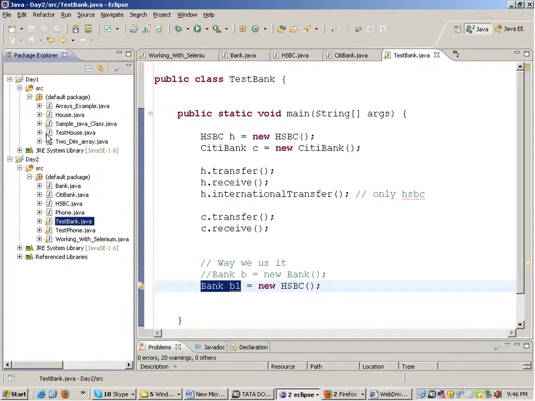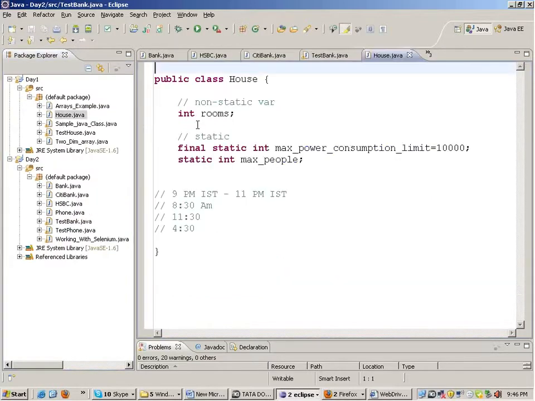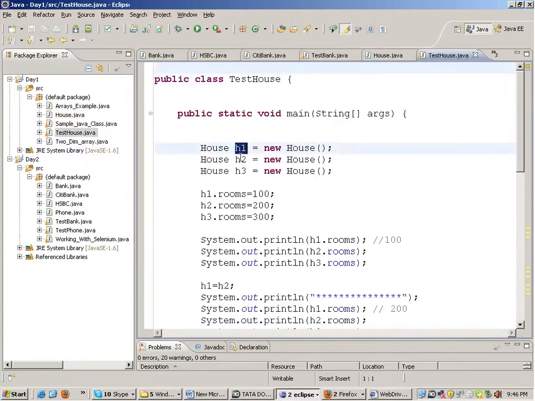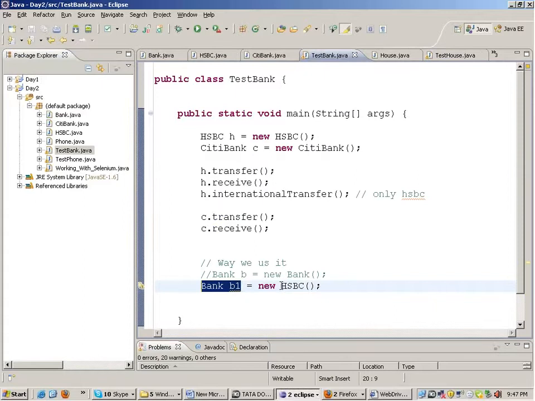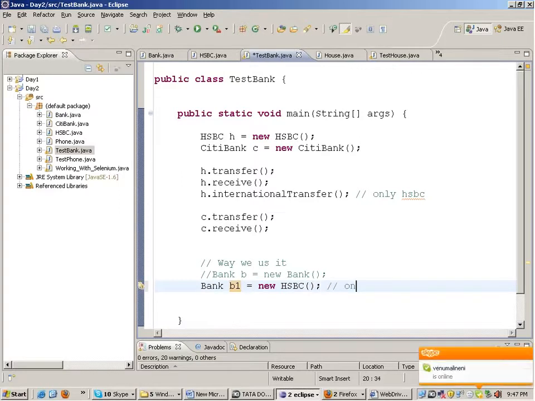Yesterday we saw what is meant by references. I had taken a house example, and I had created various references H1, H2, H3, and I had changed the references. So what I am doing here is creating the object of HSBC, giving it the reference of bank B1. In layman terms, through this B1, I can only access overridden methods.